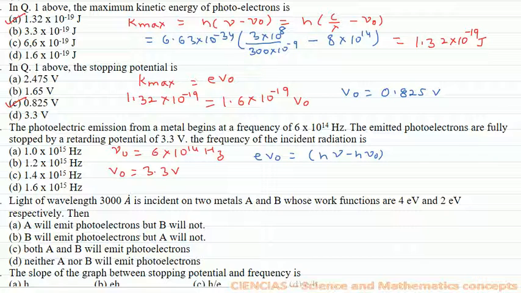So on putting this value, we have to calculate the frequency. We have to calculate frequency, which means we can say eV0 upon h. Now nu 0 will be equal to the frequency, right? So eV0 upon h plus nu 0 will give us nu. So putting the values, we will get this equal to